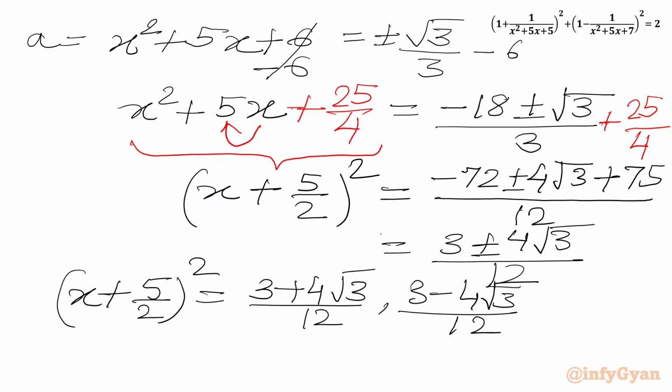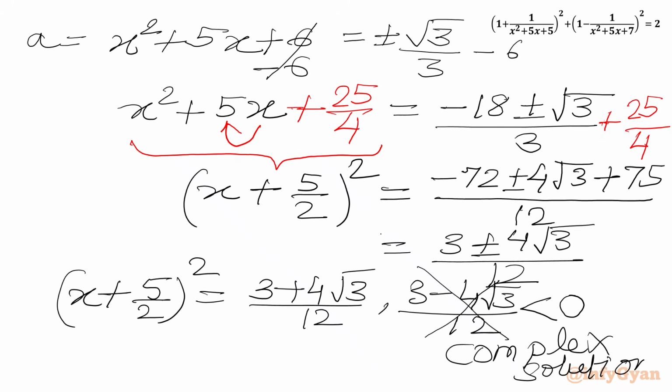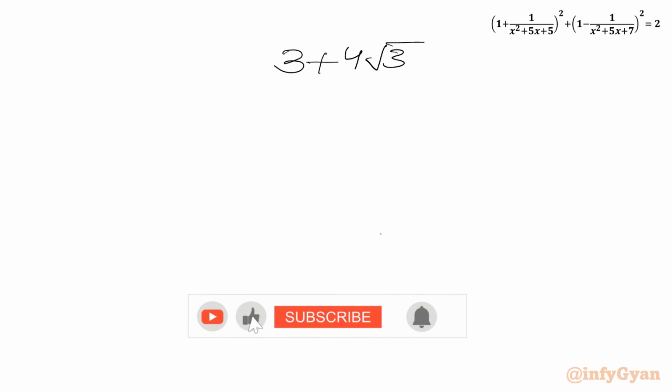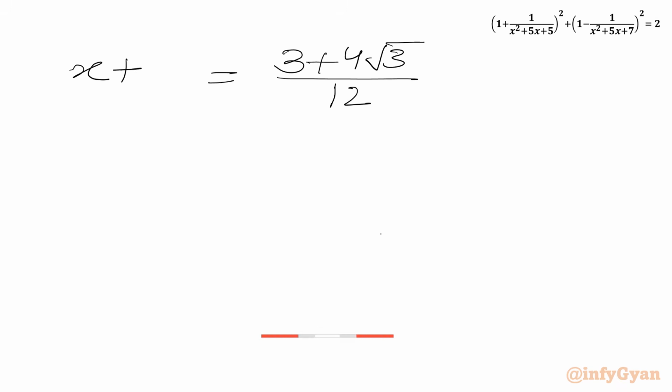Now 4 root 3 is greater than 3. So here we are going to get a negative value. A square is negative, we are going to get complex solutions. So we will be rejecting the second value. This will be accepted, 3 plus 4 square root 3 over 12. Let me write here 3 plus 4 square root 3 over 12 will be equal to x plus 5 over